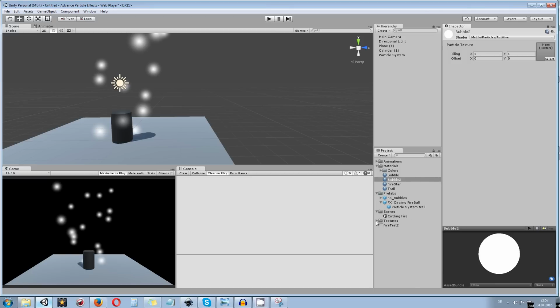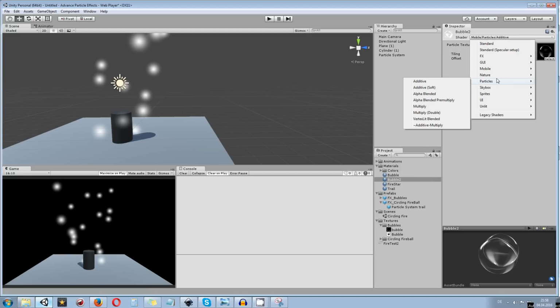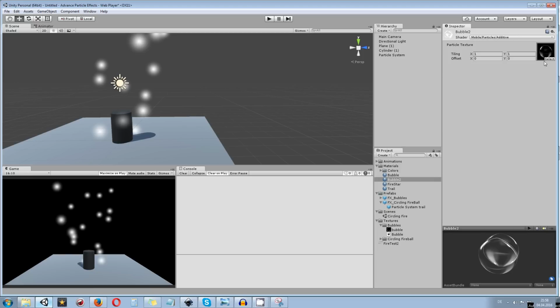So what I want to do is go to my textures folder. I have a bubbles folder in here, and I drag my bubble texture into the texture slot. As you can see, the bubble material is already done in here, so I don't need to take care of anything else because it's additive. If you want to use not additive but instead alpha blended, then you have to make sure that you don't save the bubble with a black background.